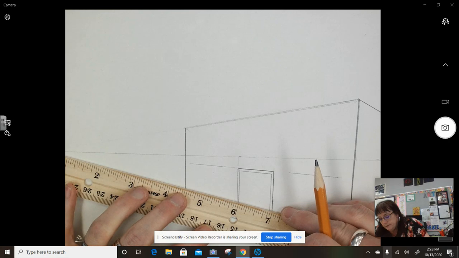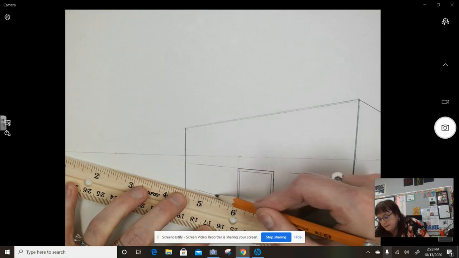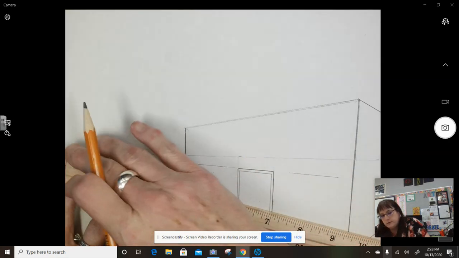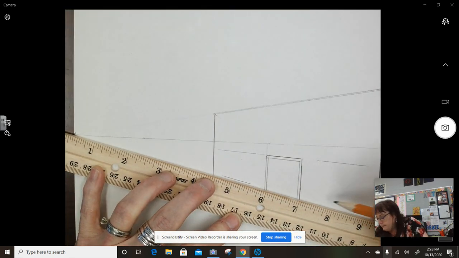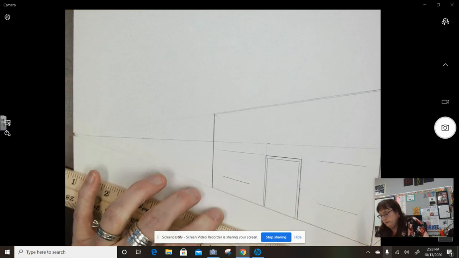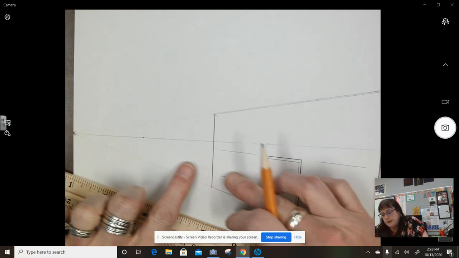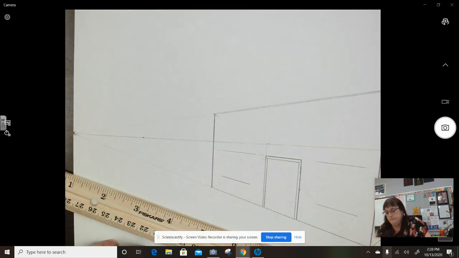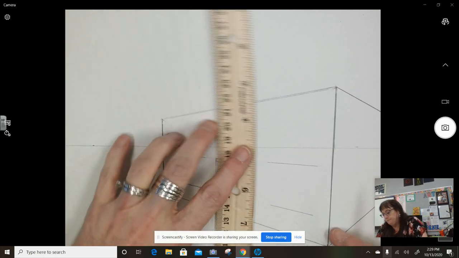I'm going to line up my ruler with the vanishing point on this side, because we're doing things on this side of the house. We're going to this vanishing point. And I'm not going to move my ruler when I do this window over here. These two would be the same line. Okay? Alright, now,